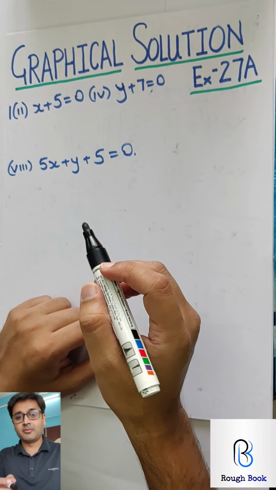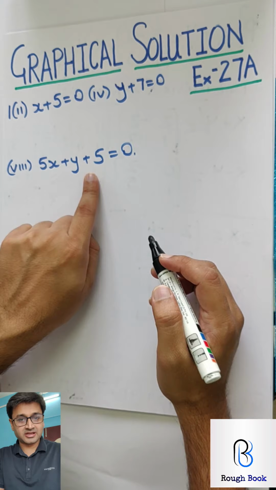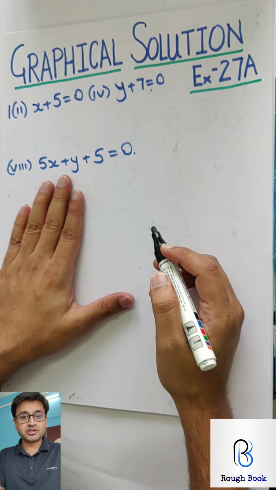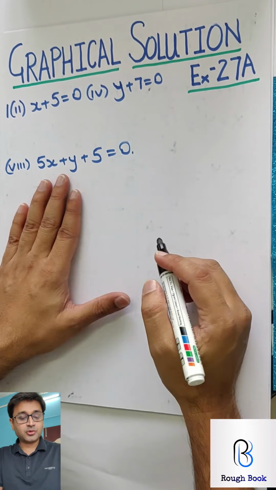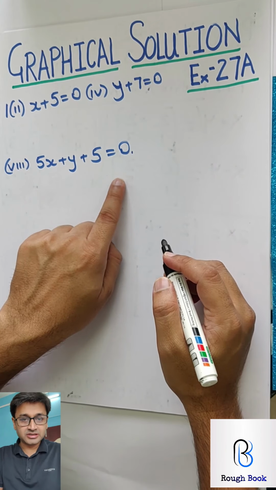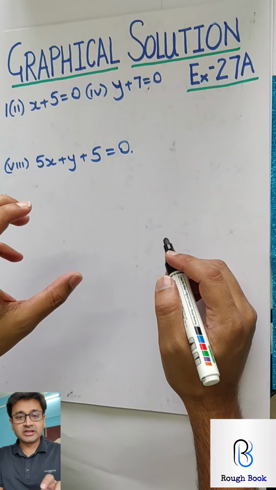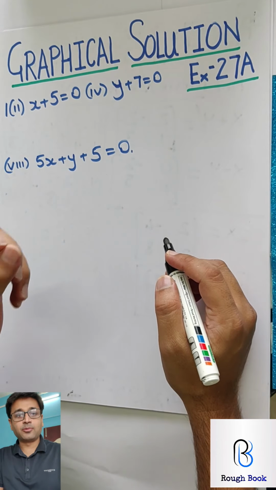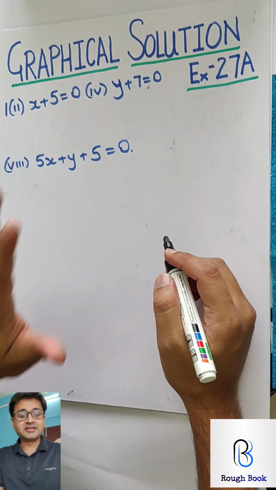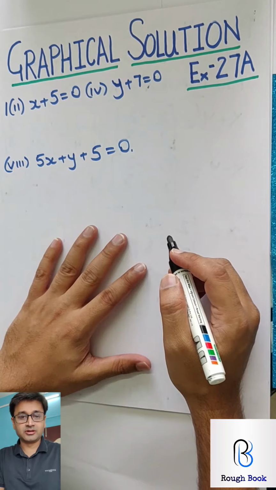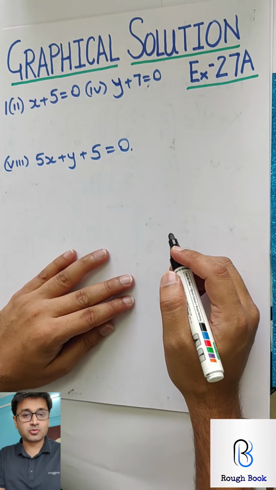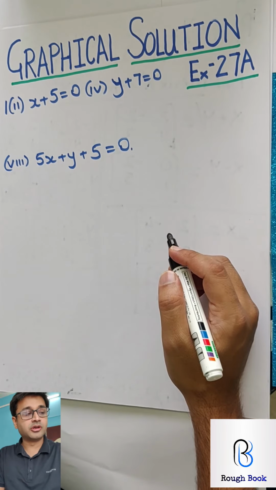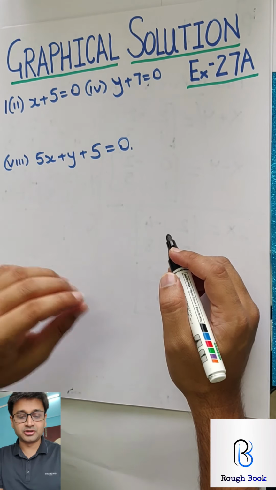Coordinate geometry, if you remember, equations were given to us like this, and then using such equations we used to get 3 points, plot them on the graph and draw a line. So basically one linear equation is given to us. We use that linear equation and we try and plot the same on the graph. Exactly same as graphical solution. In fact, this is a very simple topic since you've already finished coordinate geometry. You're going to enjoy this topic, I'm 100% sure.